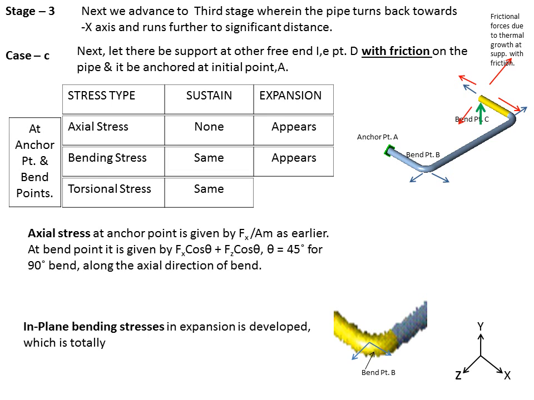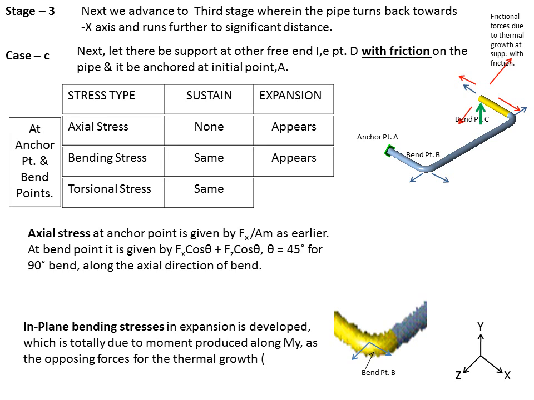Herein in-plane bending stresses in expansion are developed, which is totally due to the moment produced along the My, that is the perpendicular direction of the plane of the configuration, as the opposing forces for the thermal growth are along x and z. So we have a bending stress because of the bending moment along My, the perpendicular direction of this piping configuration, because the pipe tries to expand in x and z direction. So we have a bending moment in My, and this bending moment along My produces the bending stresses,